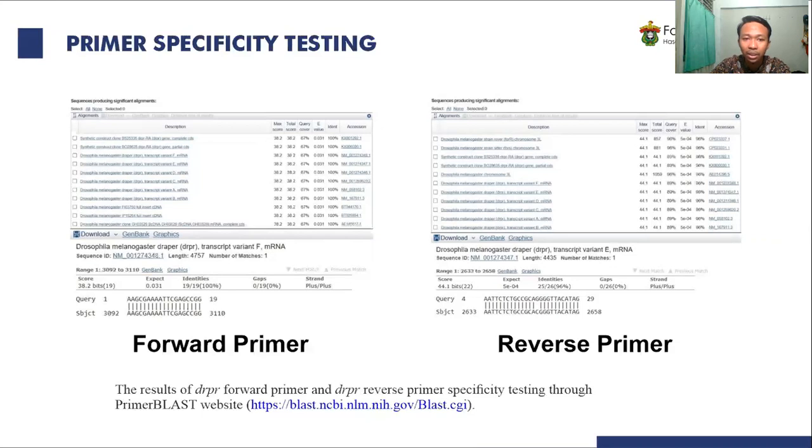As we can see in the slide, both of the Draper primers used were identical and aligned to the desired Draper target gene in Drosophila melanogaster, with sequence similarity of 96% and 100% for the Draper forward primer and Draper reverse primer. These results suggest that our Draper primer set can specifically bind to the Draper gene in Drosophila melanogaster and produce a specific amplified Draper amplicon with the expected size.